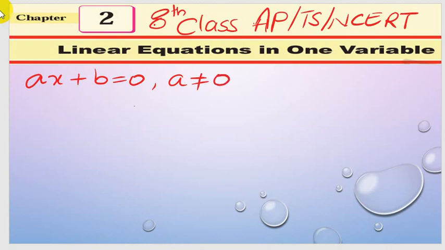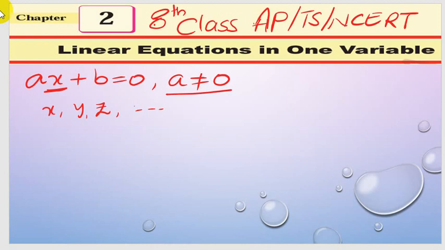If you have any equation of this form, then we call it a linear equation, since this equation contains one variable. Here x is the variable I have considered. We have different types of variables like x, y, z, which we use in mathematics to represent the unknowns, right? So ax plus b is equal to 0 is the general representation of a linear equation.